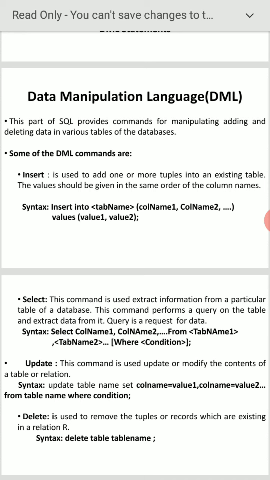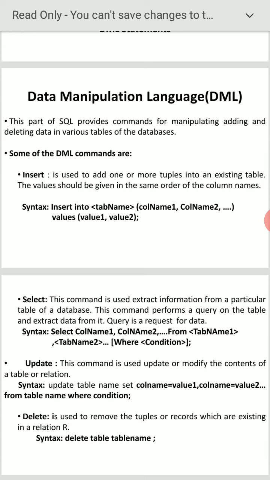Now here you can update, whereas in the case of select we can extract the information. Later I will tell you the update command. For now, concentrate on select. Select column name 1, column name 2 from table name 1, comma, table name 2 where condition.